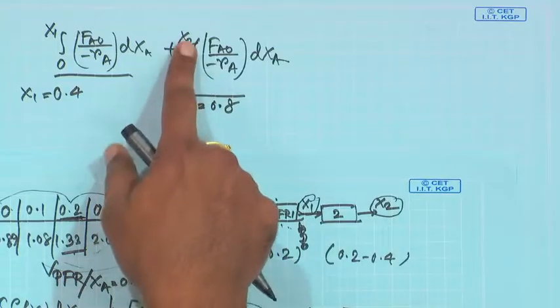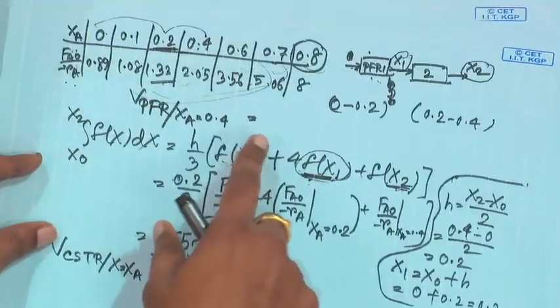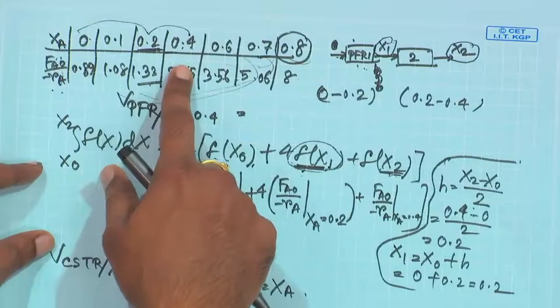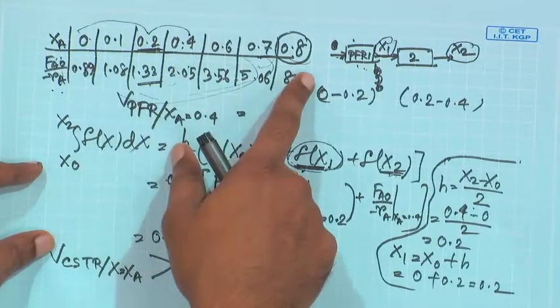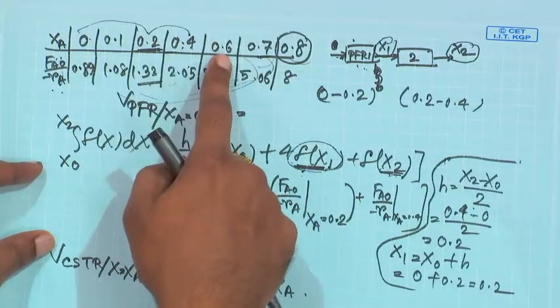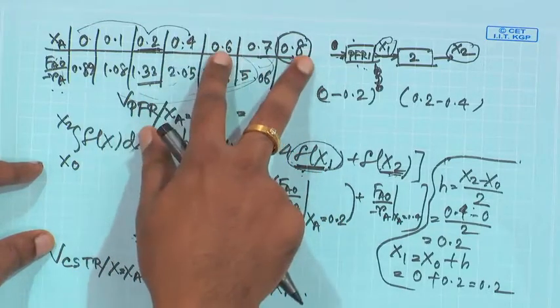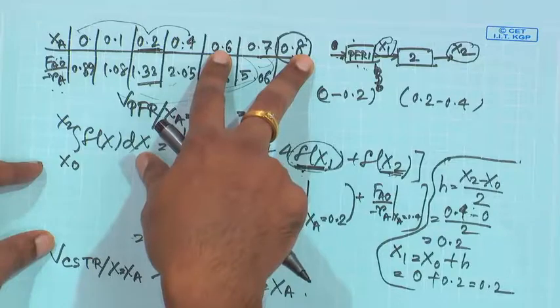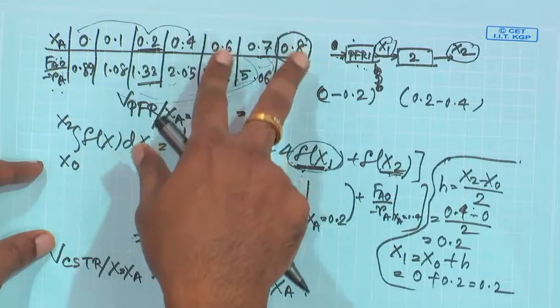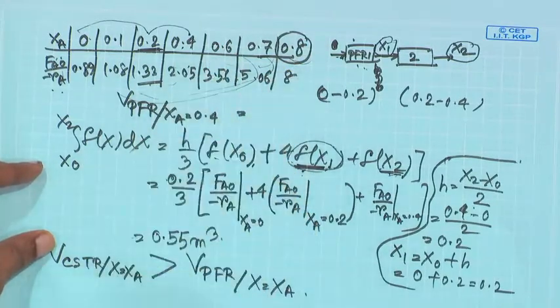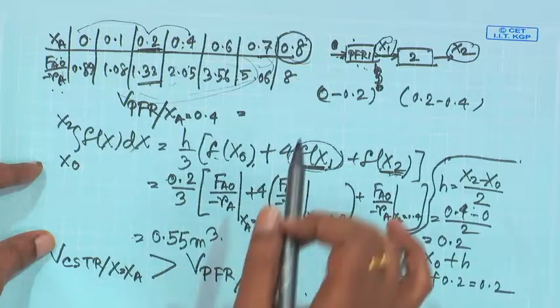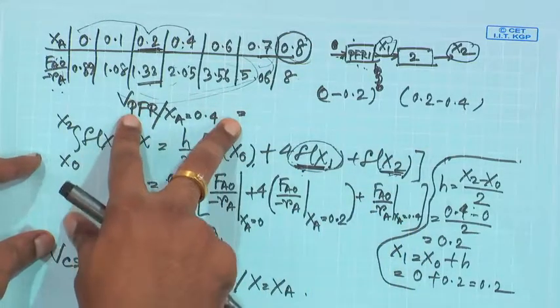Similarly, for the second integral from 0.4 to 0.8, where x1 is 0.4 and x2 is 0.8, incidentally you can divide it into two equally spaced intervals, 0.4 to 0.6 and 0.6 to 0.8, the spacing being 0.2 between the two, and you can apply Simpson's 1/3 rule again. You can actually work it out yourself, and also you can try to